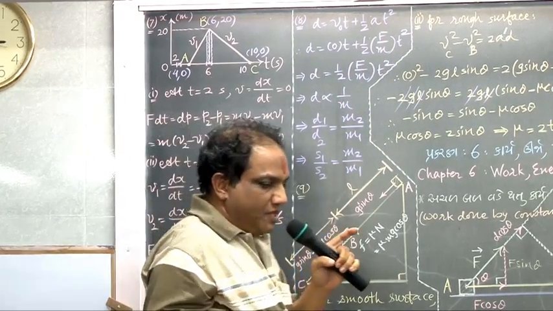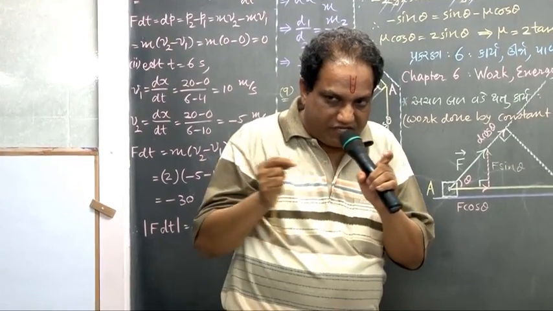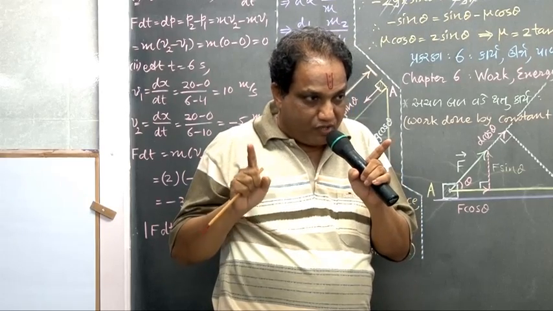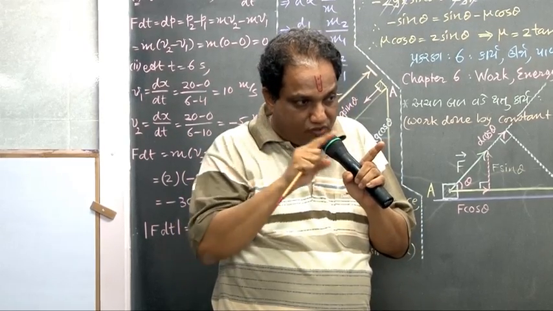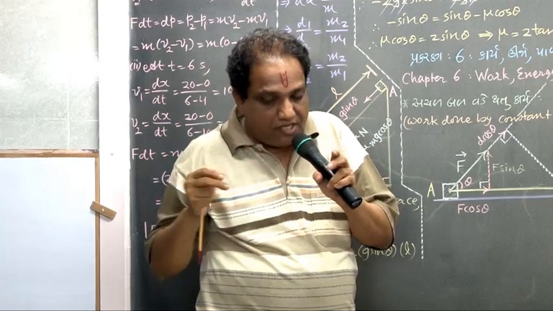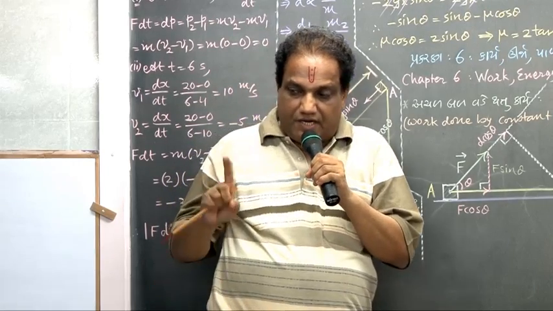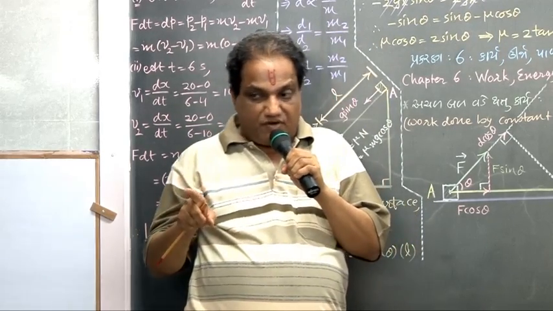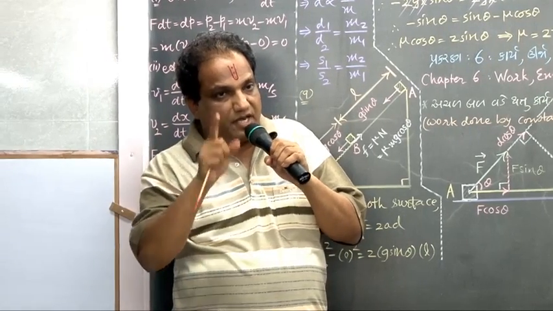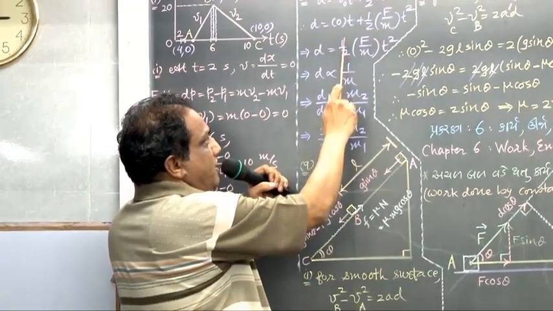Now tell me, when two particles attract each other by gravitational force, actually speaking, they are internal forces, because the first particle is exerting that force on the second particle and the second particle is exerting that force on the first particle. You are talking about internal forces due to mutual interaction between two particles. Remember, according to Newton's third law, they are equal in magnitude. So F is constant. 1 by 2 is constant.